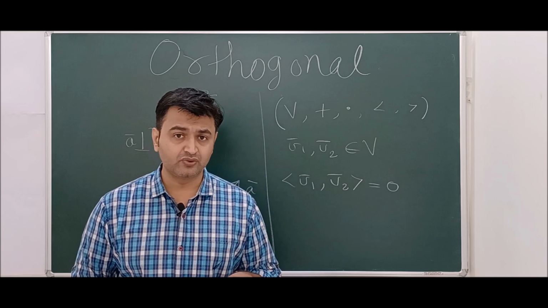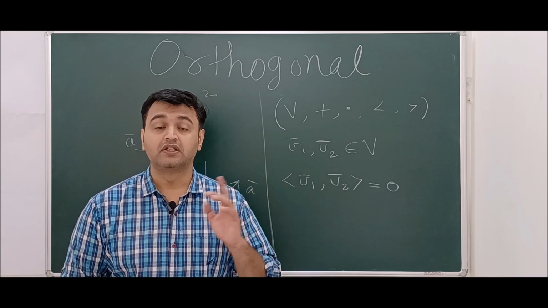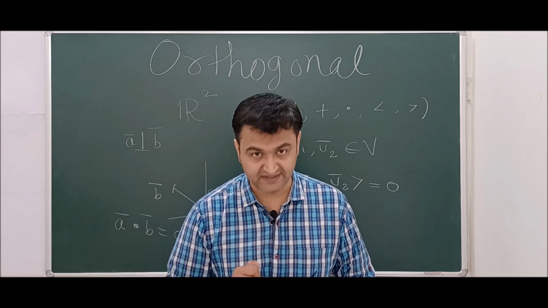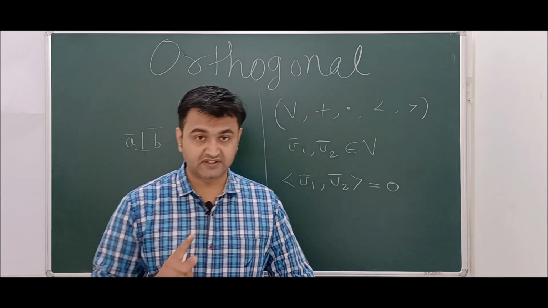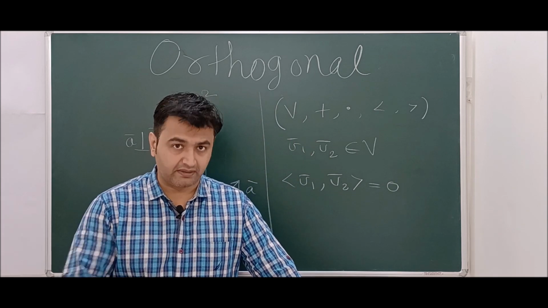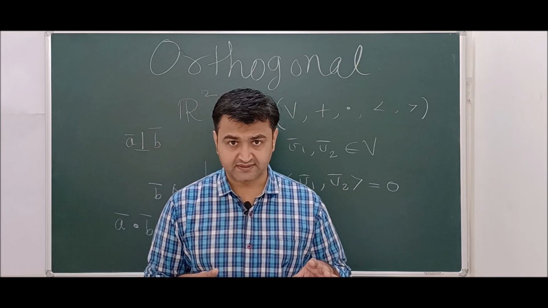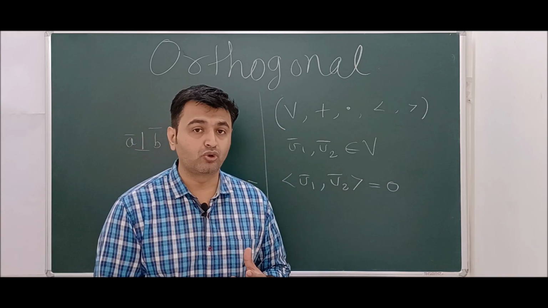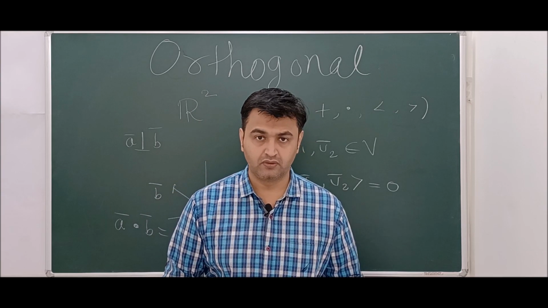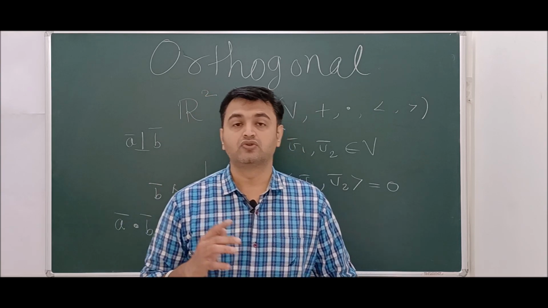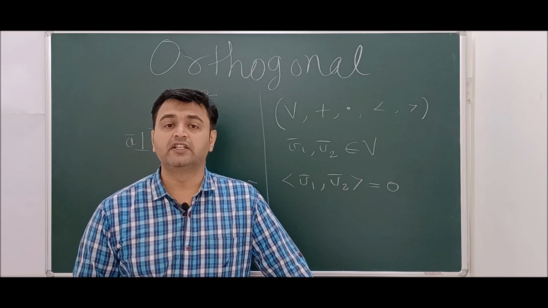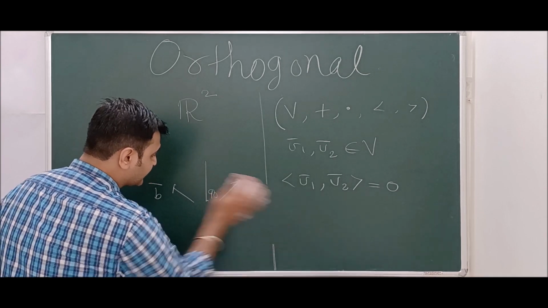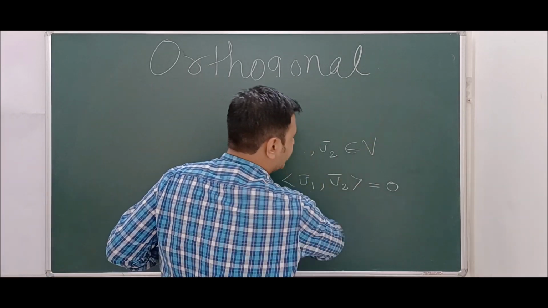So if someone asks you whether the vectors are orthogonal, the first question you should ask is, what is the inner product you are defining on that vector space? Okay, that's the first thing. Second thing one has to realize, I will take an example, that if you have two vectors, if they are orthogonal with respect to one inner product, they need not be orthogonal with respect to another inner product on the same vector space. Okay, so therefore one should know what an inner product is before determining the orthogonality. Now let us see some examples so that the concept will be clear.